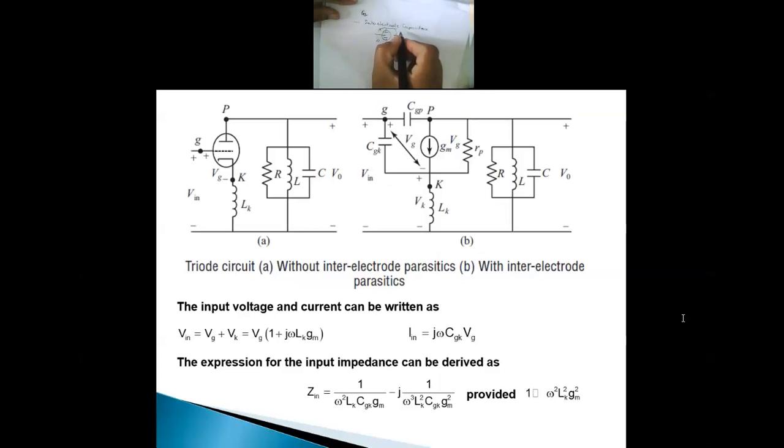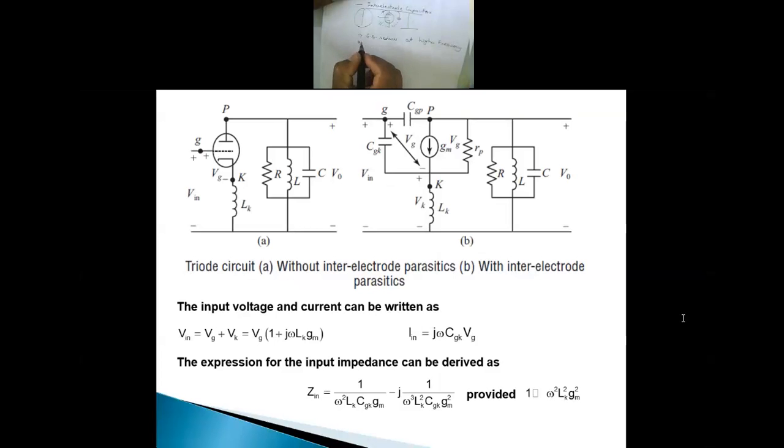This capacitance at the external side will be parallel to the external circuit, and at the input side it will also be parallel. Due to that, impedance tuning is difficult, and the gain will change. That's why, because of this capacitance, the gain bandwidth product is reduced at a high frequency, that is, in the microwave frequency range, when your frequency increases.